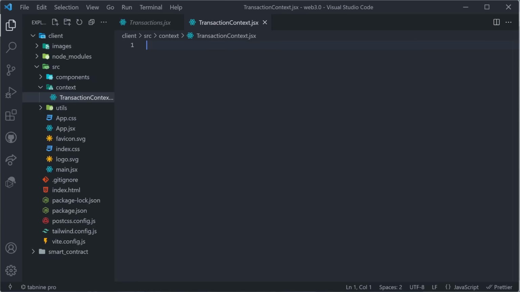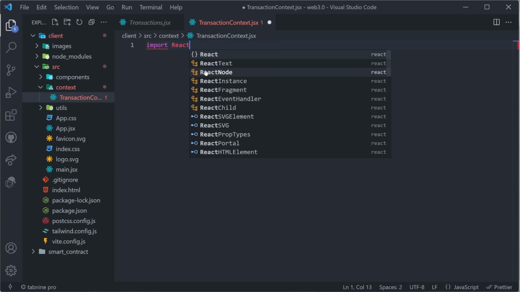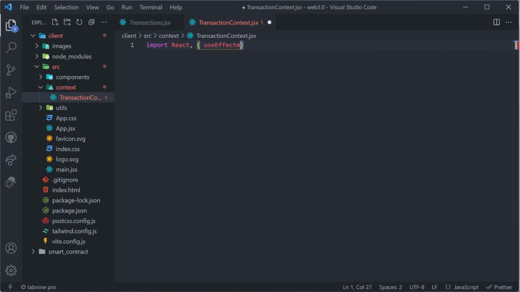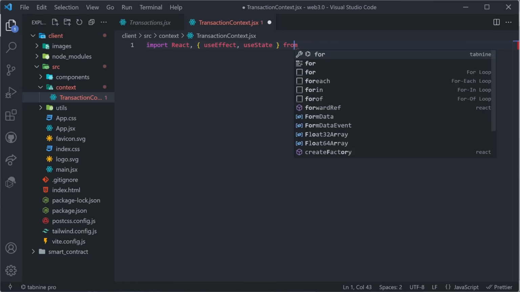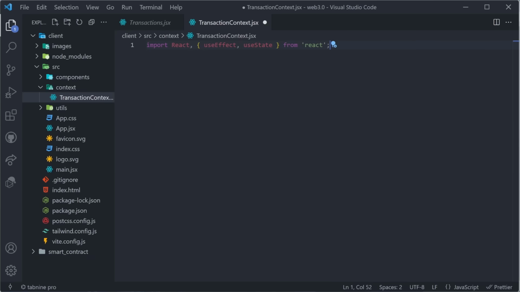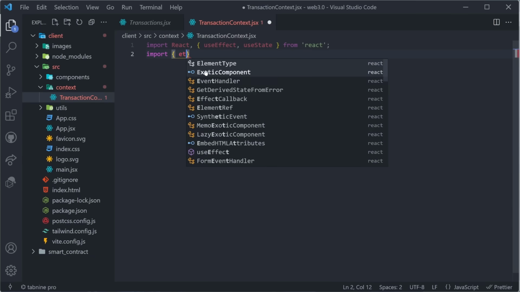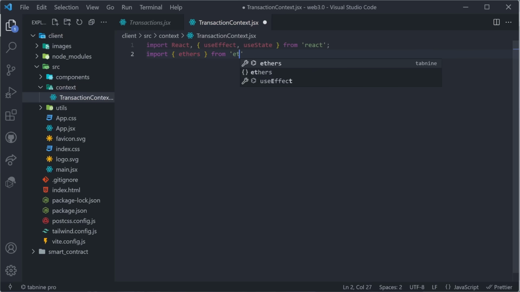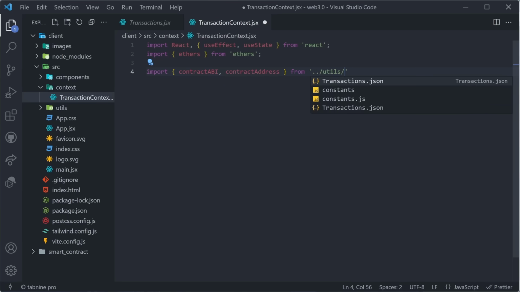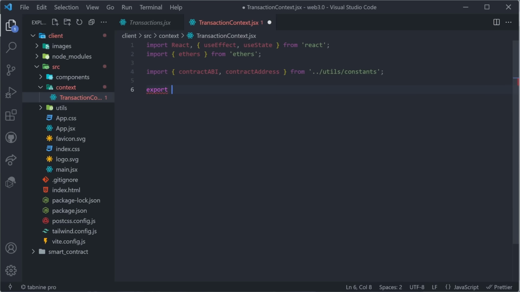context.jsx. Inside of here, we can import React as well as useEffect and also useState. And these are of course coming from React. Then we're going to import in curly braces ethers, and that's going to be coming from the ethers package. Then we need to import the contract ABI as well as the contract address. And these are the things that we created just now in /utils/constants. We also need to create our React context, and we can do that by saying export const transaction context is equal to